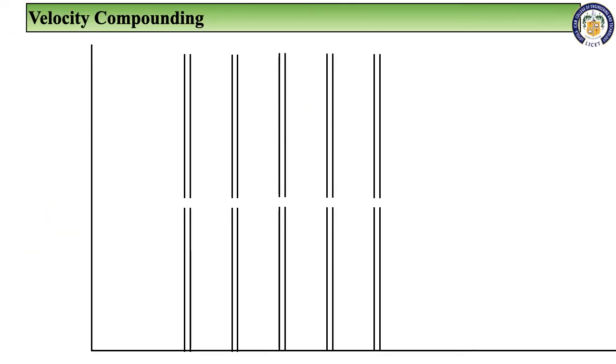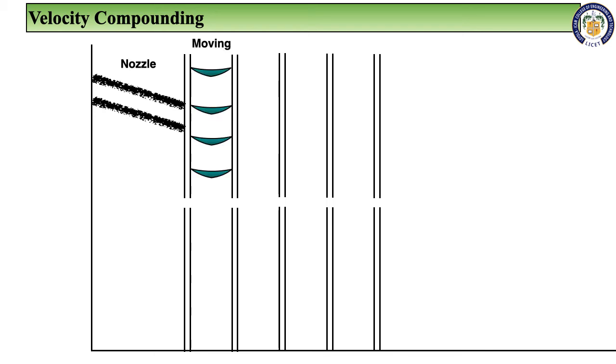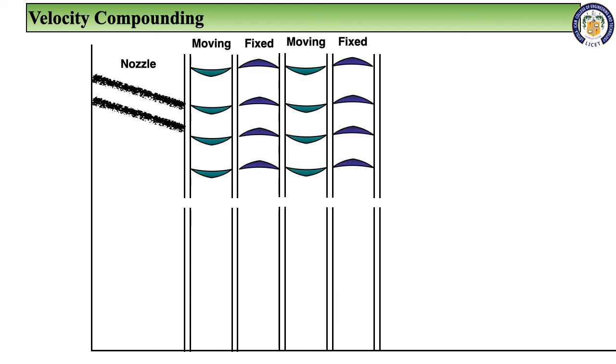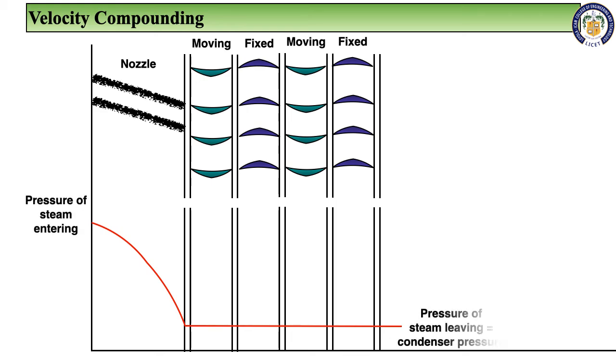So here in the velocity compounding we have a nozzle. Let us consider this as the moving blades and this one as the fixed blade. In velocity compounding, the pressure entering the turbine will be equal to the pressure leaving the turbine. Okay. So likewise,